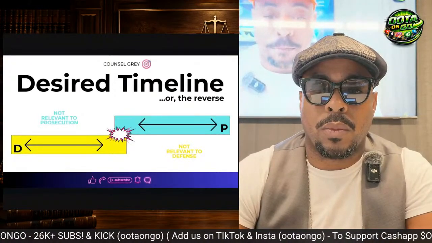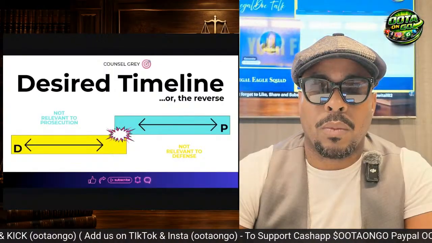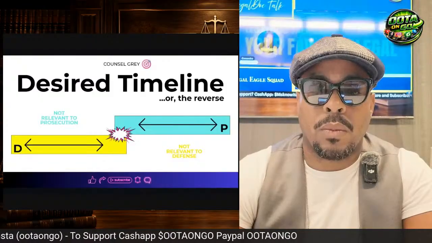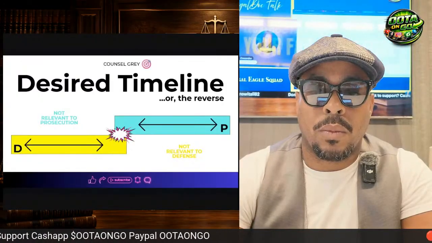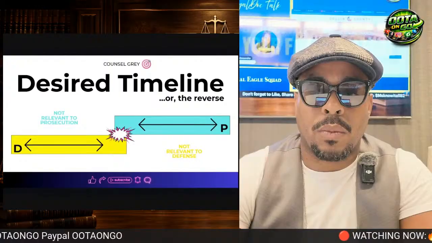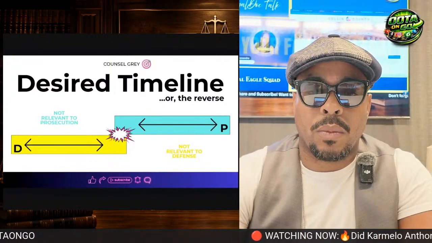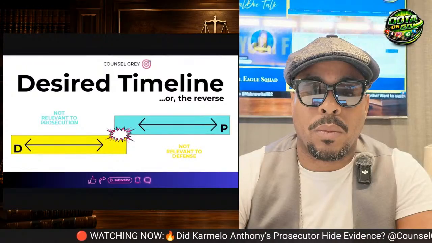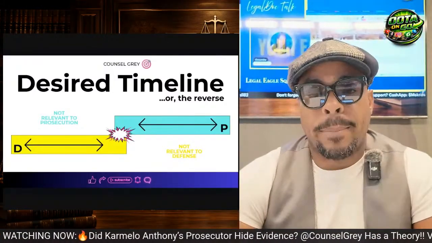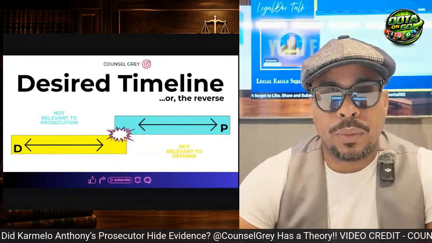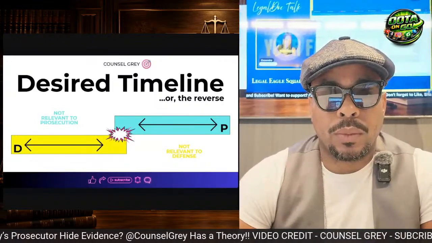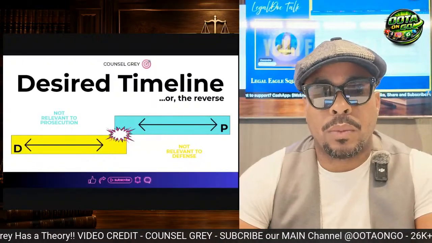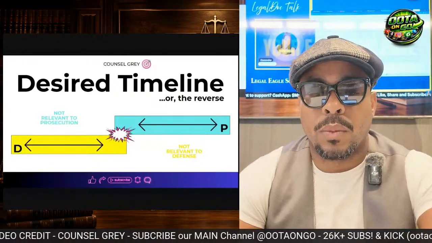The defense, on the other hand, wants you to focus on everything that led up to their client doing what they did. The defense is like, wait a minute, this didn't happen in a vacuum. A bunch of stuff led up to this moment. So the defense wants you to focus on everything that led up to the event. When it comes to the evidence they're using, the defense is going to want to bring in evidence that shows the past: what led up to this moment that made my client do this? It didn't happen in a vacuum.